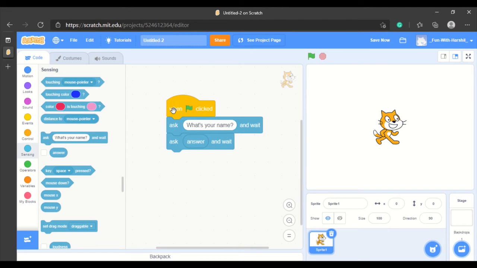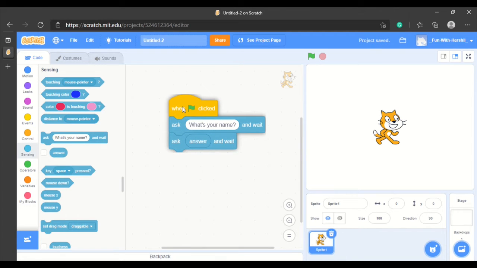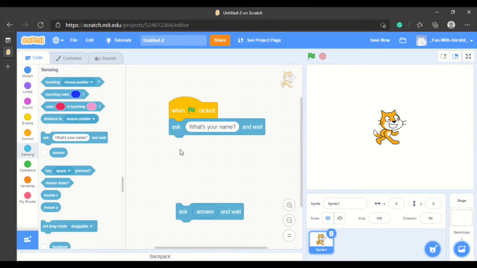And first you need to take when flag clicked, then ask what's your name, then ask what's your name, same thing, but you dragged and dropped the answer block and add it over here.